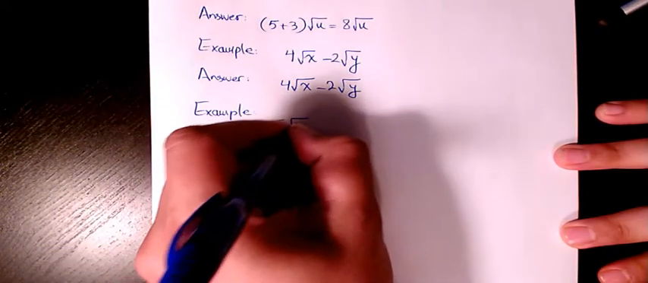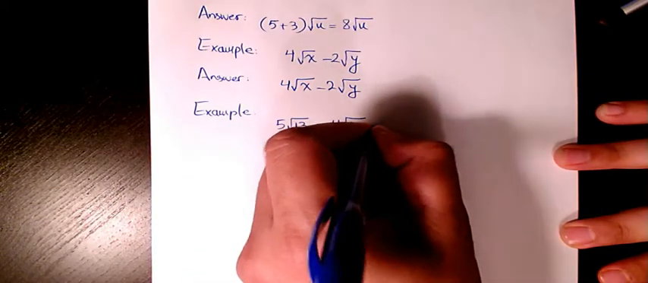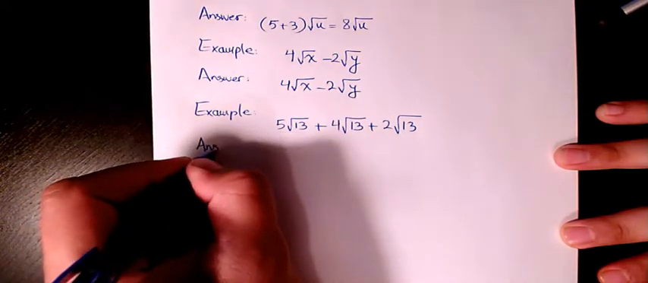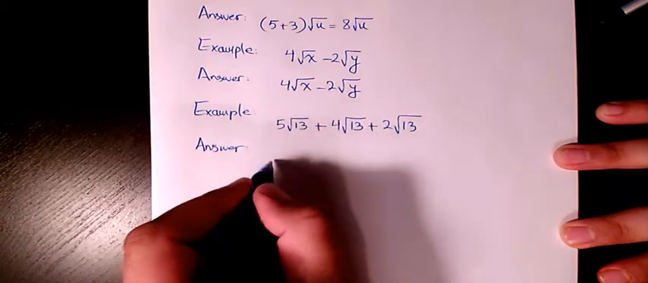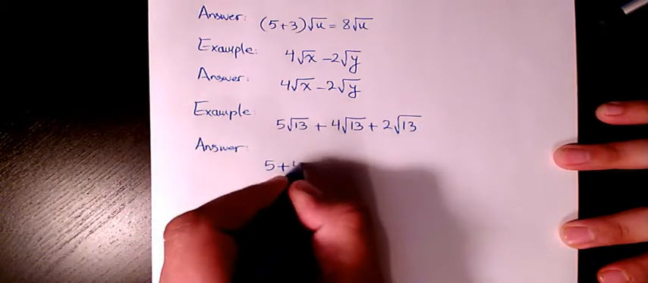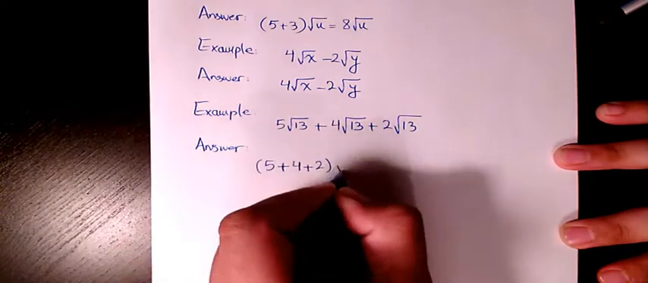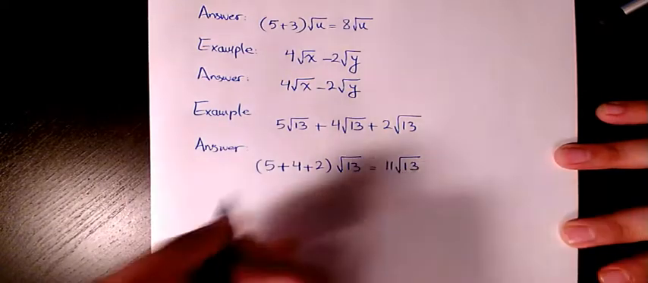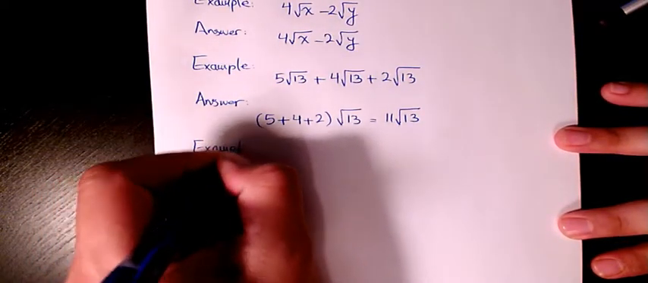5 root 13 plus 4 root 13 plus 2 root 13. The answer is, they are all like terms, so the coefficients are positive 5, positive 4 and positive 2 root 13, which will be 11 root 13. Next example,